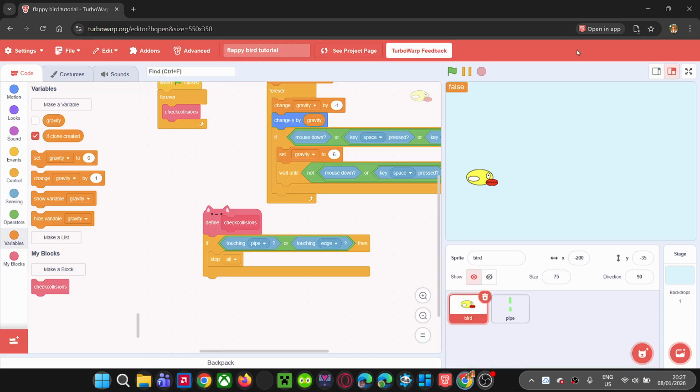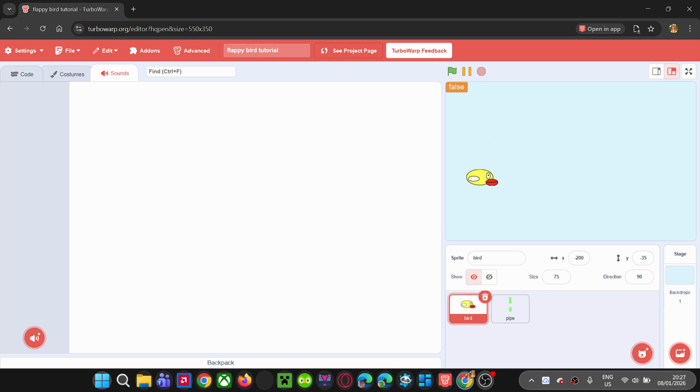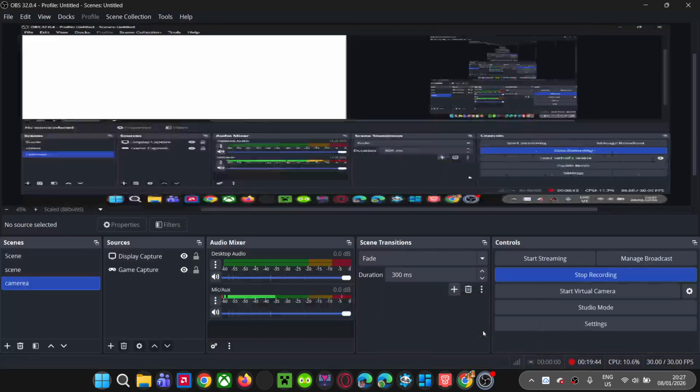We can also add sound effects to when it touches. Oh, and this is done. Just ignore the noise. Bye-bye. That's how to make